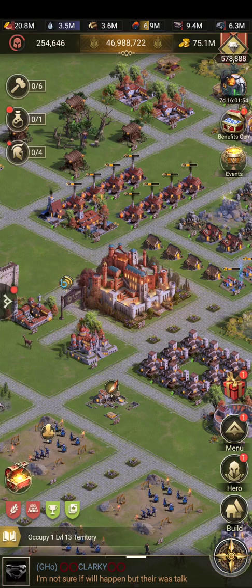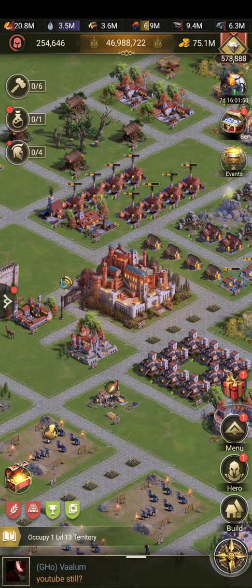The main goal of Reign of Chaos, as everybody's becoming aware, is to get the most specialty points by the end of it. That's pretty much the only thing that you carry out of the Reign of Chaos season. So